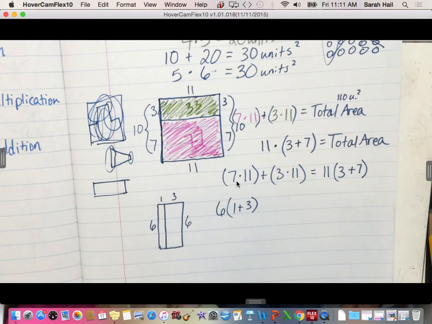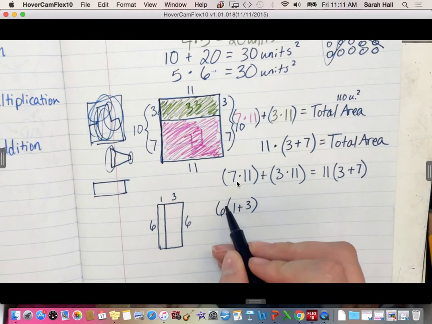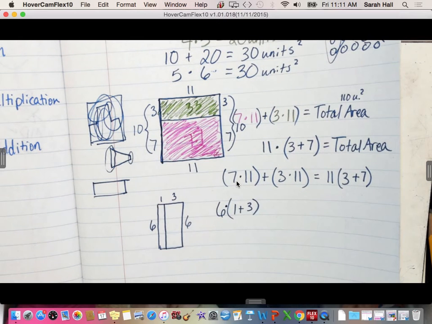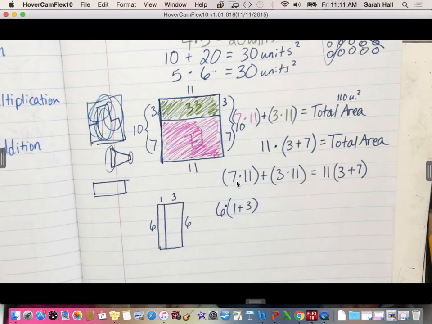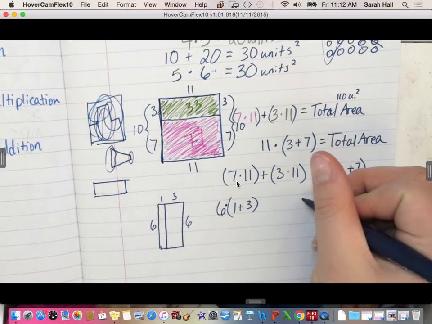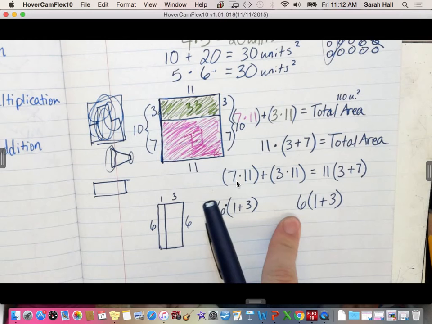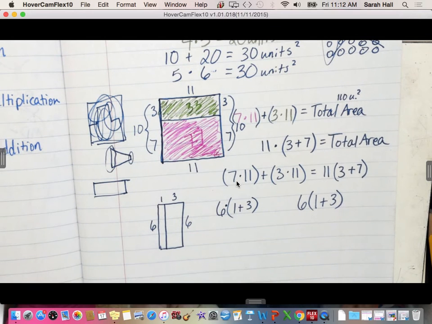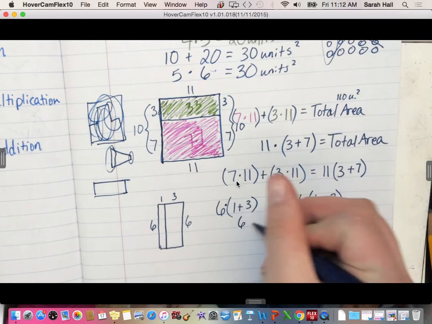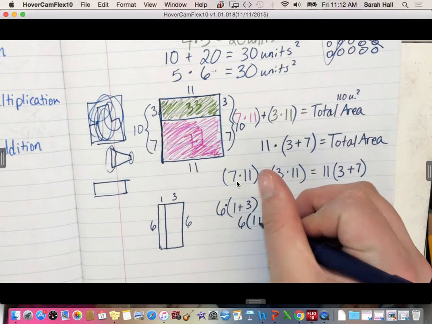if you see a number right next to a set of parentheses, that is the same as multiply. Okay, so you actually don't have to have a multiplication symbol there. If a number is right next to a set of parentheses, it means to multiply. So I could write this as 6(1 plus 3). This means 6 times 1 plus 3. Okay? So if I have 6 times 1 plus 3,